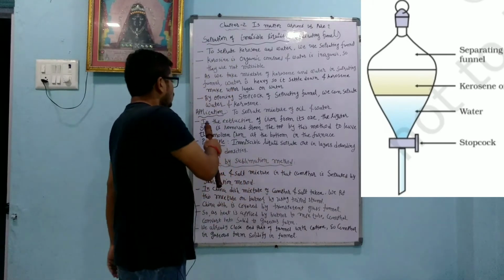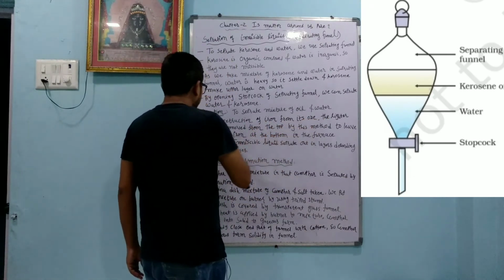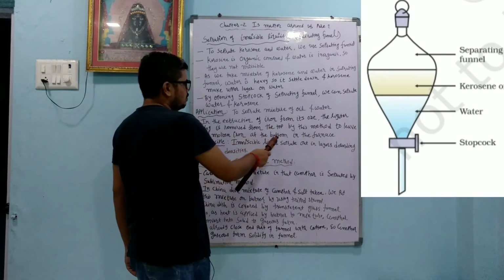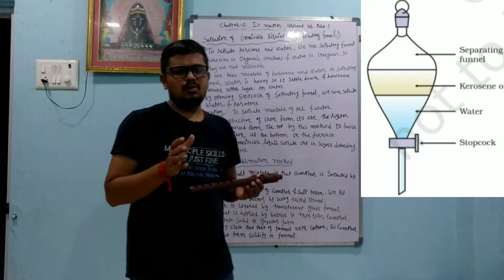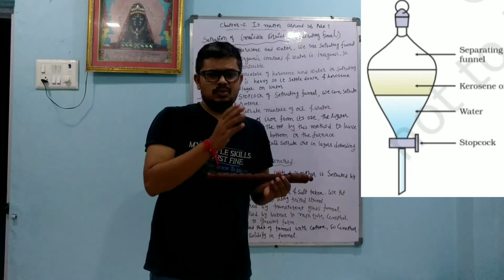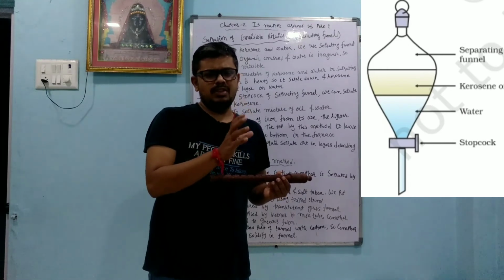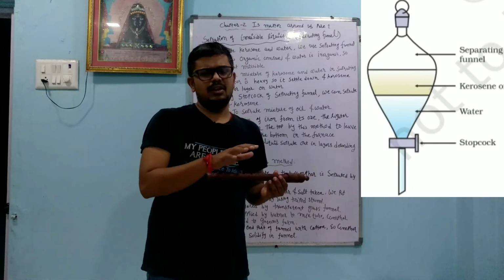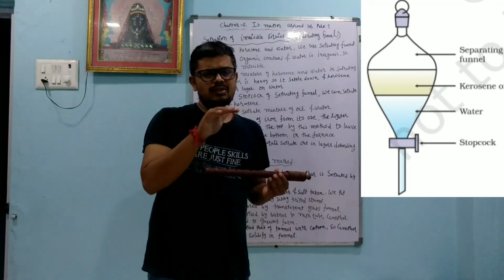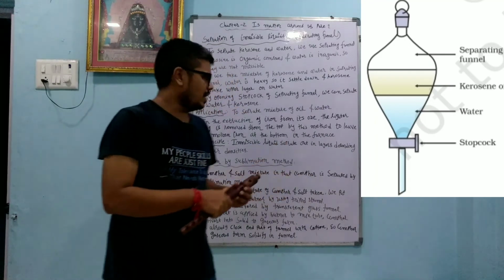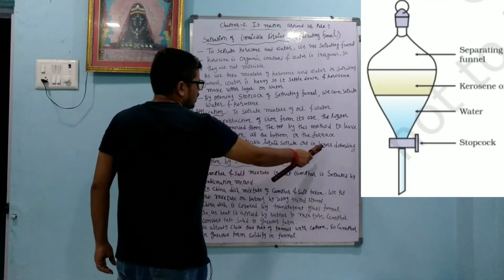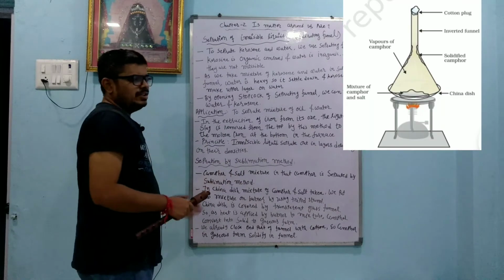In the extraction of iron from its ore, the lighter slag is removed from the top by this method to leave the molten iron at the bottom in the furnace. Whenever you want to get pure iron, in the blast furnace technique that you learned in 10th standard, we get the iron in liquid form, which is heavy, its density is more, so it settles down, and the impurities in the form of slag float on top. So that also we can separate by this technique. Principle: immiscible liquids separate out in layers depending on their density.